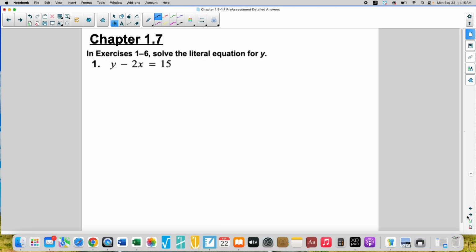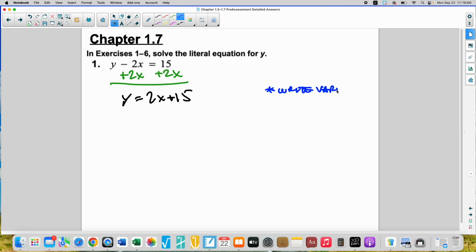All right, last section. Now we got to isolate for a variable amongst other variables. It says y minus 2x equals 15. I want to isolate for y. It's being subtracted by 2x. The inverse of subtracting 2x is adding 2x, giving you y equals 2x plus 15. These are unlike terms, so I can't combine them. And I'm always going to write